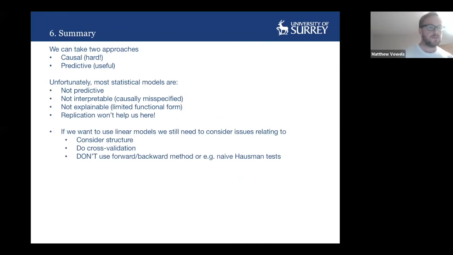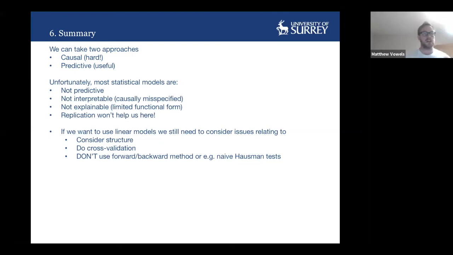So in conclusion, we can take two approaches: causal, which is very difficult; predictive, which is potentially useful. It's also a lot easier, in my opinion. It's the difference between running a model for a day and spending some time carefully interpreting it versus, you know, maybe decades of time trying to validate a causal structure for a phenomenon. I think in economics, it's quite normal to spend as much as a decade getting a single paper published, which is a very different process.